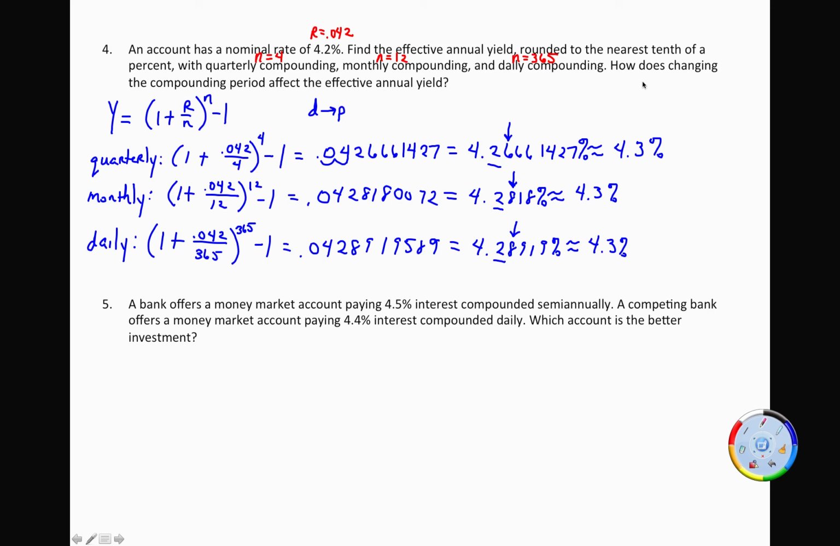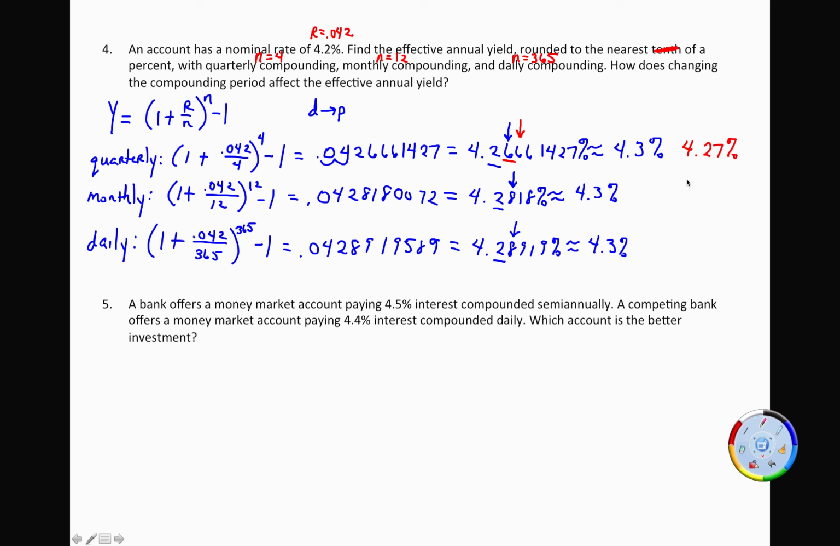Then it says, how does changing the compounding period affect the effective annual yield? Well, when they had us round that to the nearest 1/10 of a percent, that was a poor rounding place because now it looks like we're saying, oh, it doesn't affect it. Let's go back and round that to the nearest hundredth of a percent, right? Let's change this to a hundredth of a percent. Now I have tenths, hundredths. So I look to the number to the right. That makes this